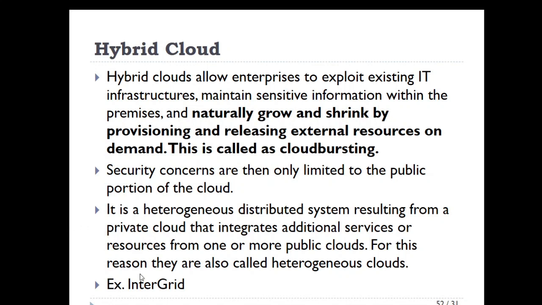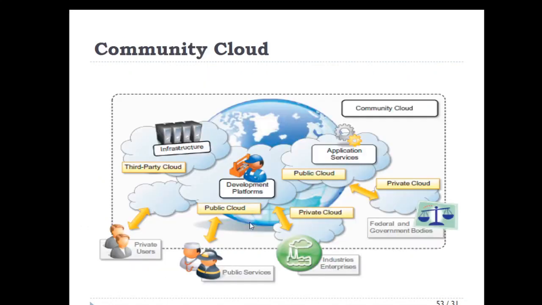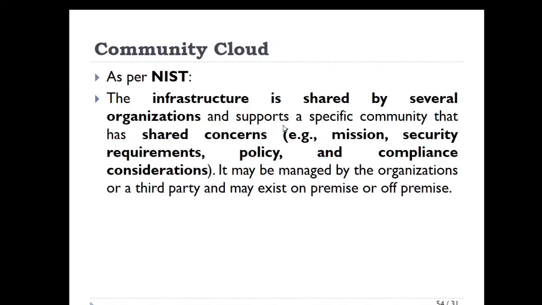Fine. So like Internet is one of the examples. Community cloud is again very simple. Community cloud is basically a cloud which can take any of the architectures of public cloud, hybrid cloud, or private cloud. But it is called community cloud if that infrastructure is shared and managed by a third party, or where specific communities are interested in accessing and sharing